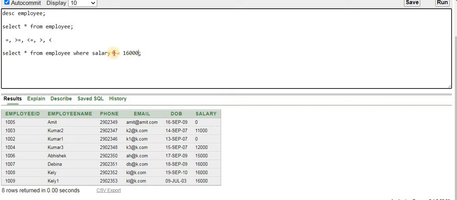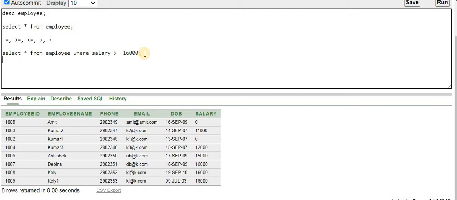First it has to validate this greater than condition. How many records are available whose salary is greater than 16,000? We are not finding any records whose salary is greater than 16,000, right? So in this case it will return 0 rows and store them into the cache memory. Now it will go ahead and verify the equal to condition: how many records are available whose salary is equal to 16,000. It will find total 3 records are available whose salary is equal to 16,000. So these 3 employee records it will return.